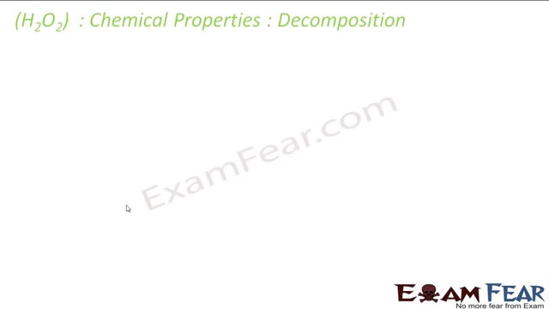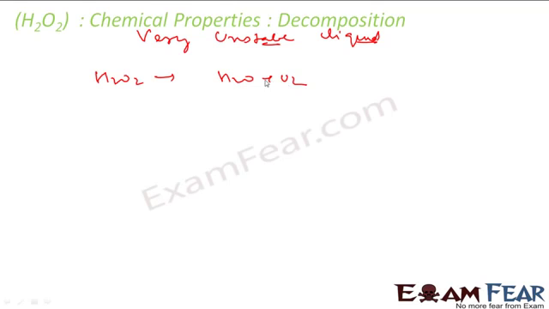As we know, hydrogen peroxide is very unstable. Very unstable liquid. So you have H2O2, and it immediately breaks into H2O and O. If you want to write a balanced equation, this is the balanced equation. Very unstable nature. And this is facilitated by platinum,